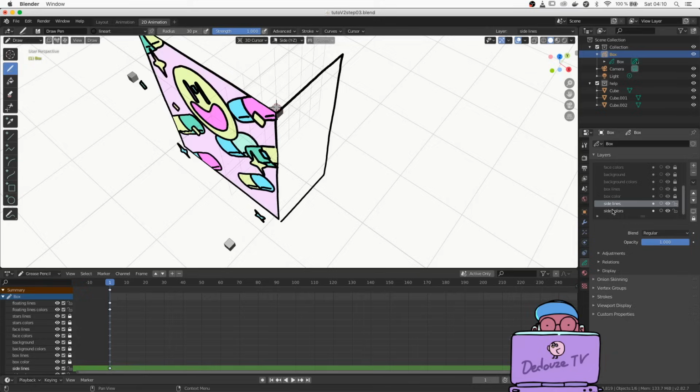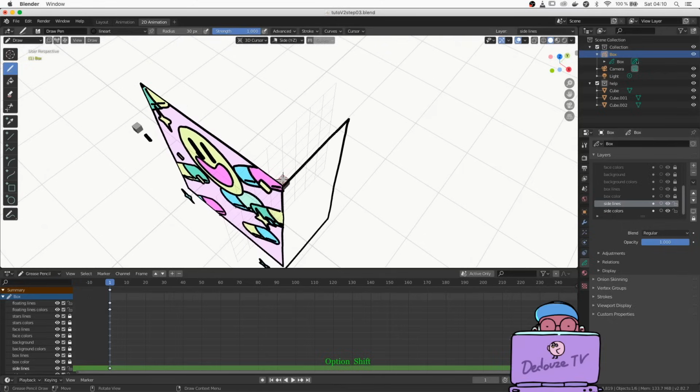It all depends if you want to create separate animations for them. In this case, I won't animate the borders of the cube, so I'm going to let the top drawing and side drawing in the same line art layer. So with the 3D cursor still on the top face,